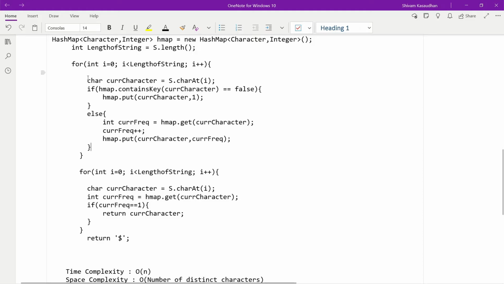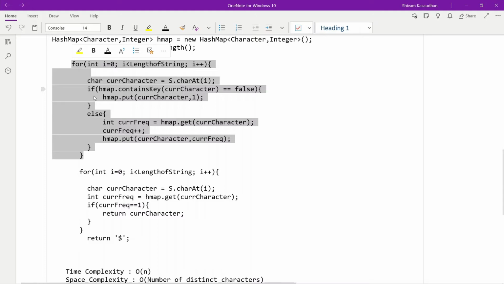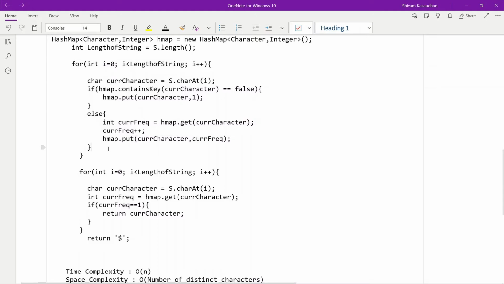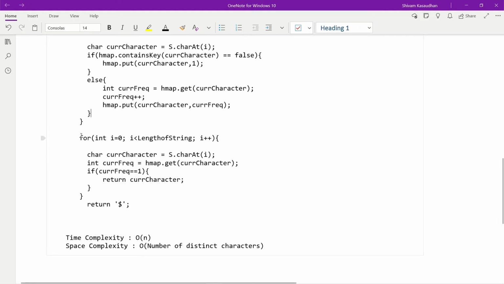Now in this way, it will run for all elements in our string, and it will add all the characters in the hash map with their frequency. After that, as I said, I will run another for loop to find the first element with frequency 1.